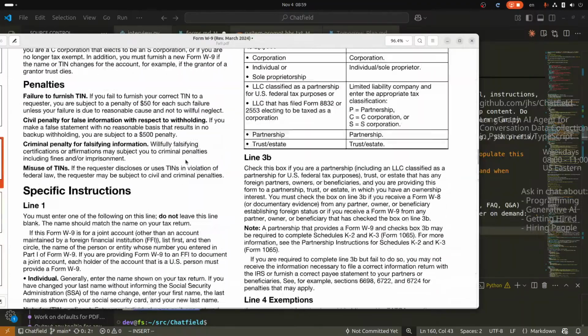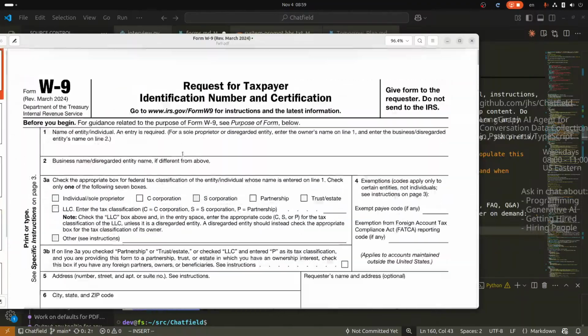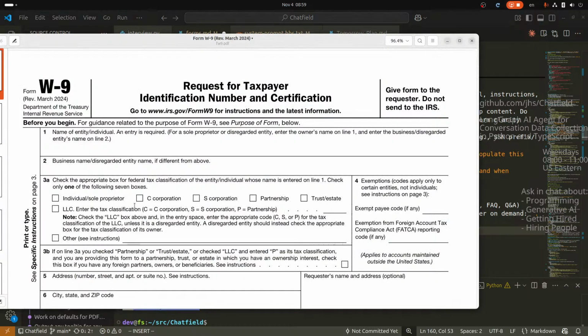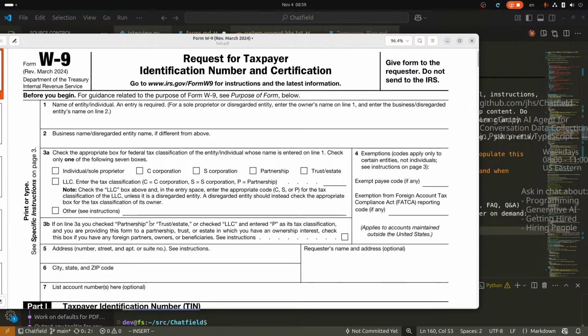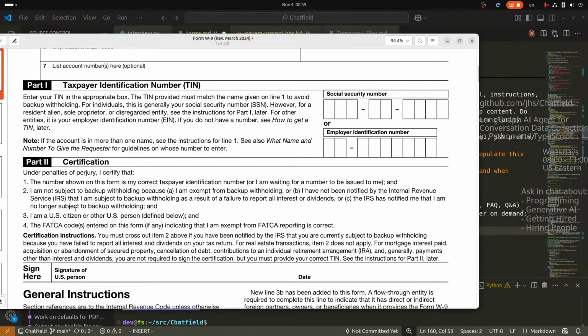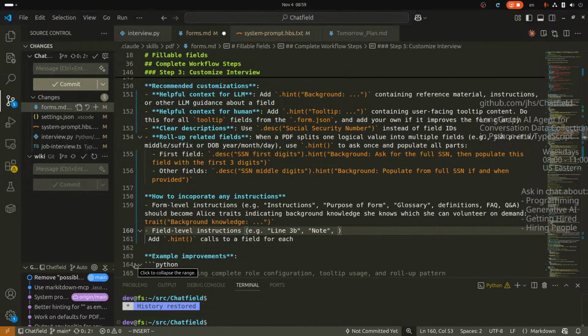Let's see. Maybe there's stuff up in the form. Note. Oh, yeah, totally. Line 3B. Field level instruction, line 2B. Note. What else? Anything interesting? Purpose of form. Yeah. Under penalty of perjury. Anything else? Oh, yeah, there's tons of notes. Line 3B, note, and instructions